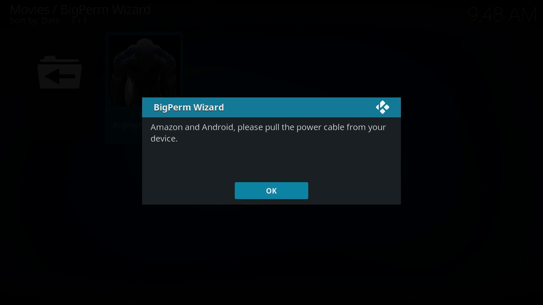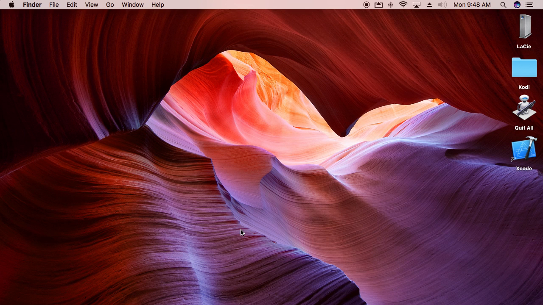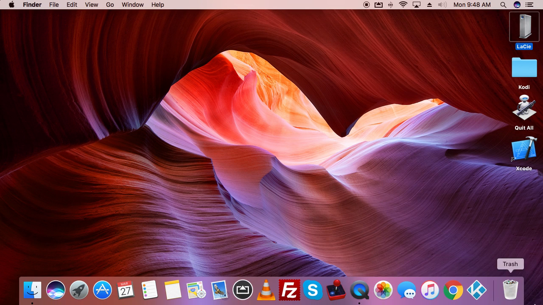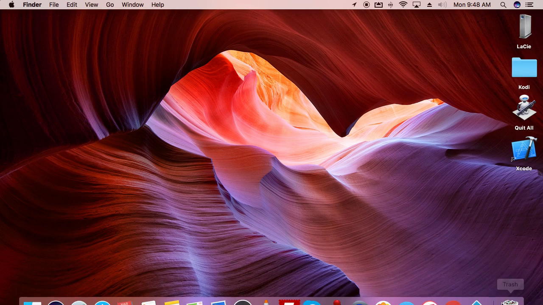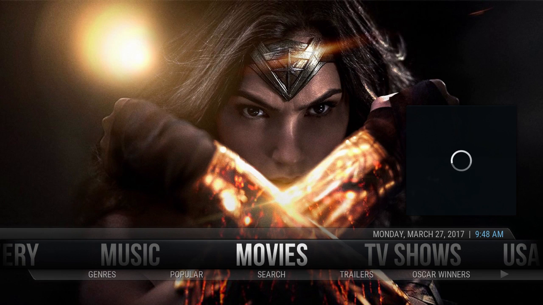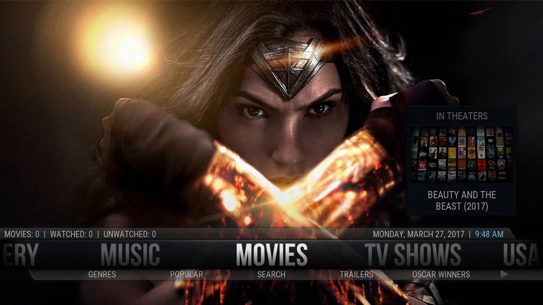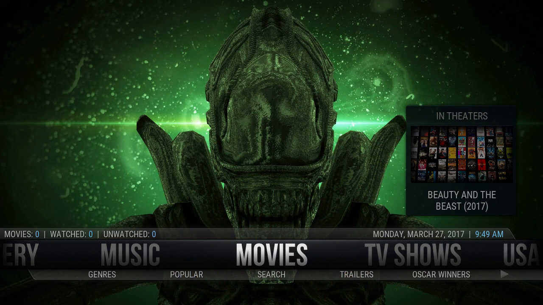If you're running an Android device, make sure you pull the power cable, and you want to force close. So now it's force closed. Open it back up. There's the new build. If your device didn't install the build right off the bat, then I'll show you how to get to that. The main thing is, right when this first loads, you want to let it sit. Don't dive in and start doing things right away. You want to let it sit and